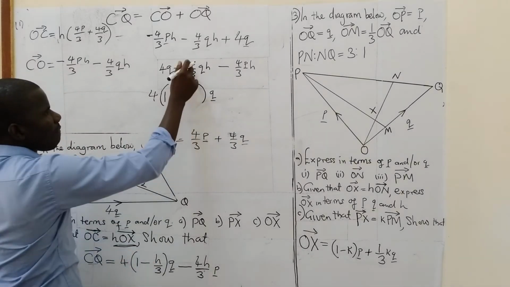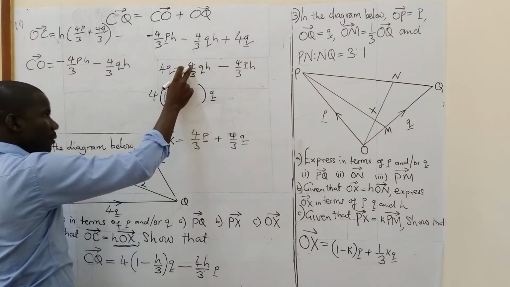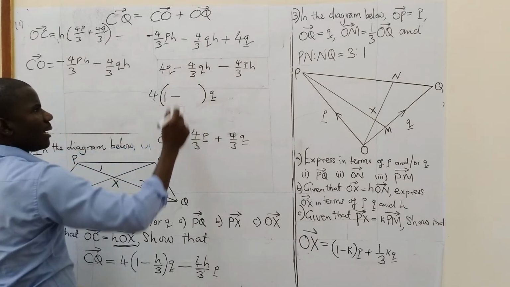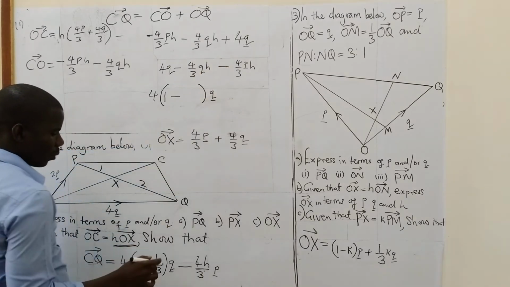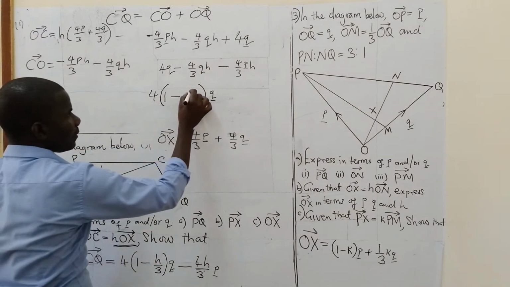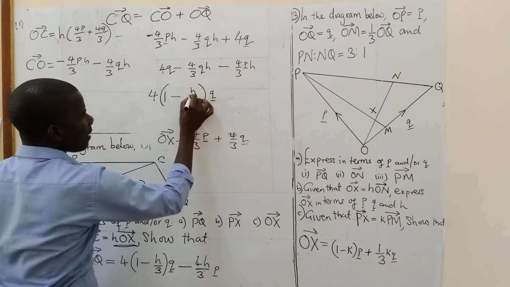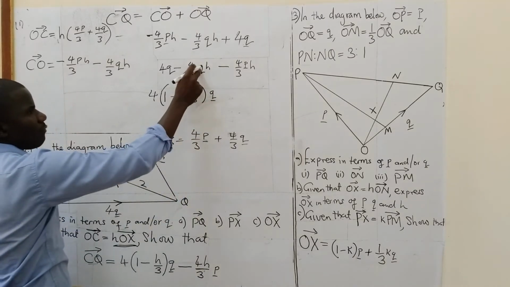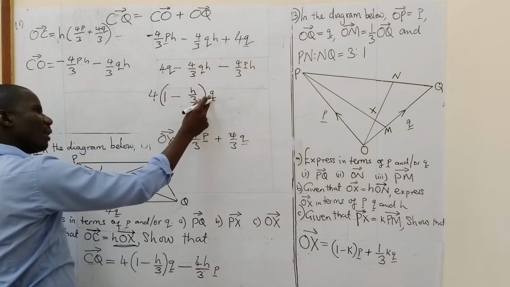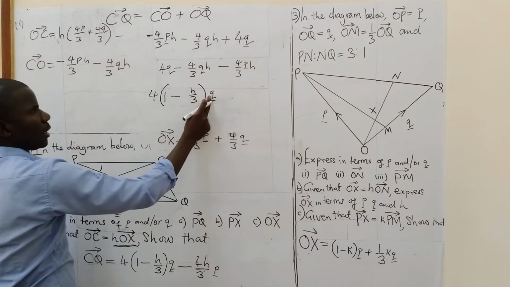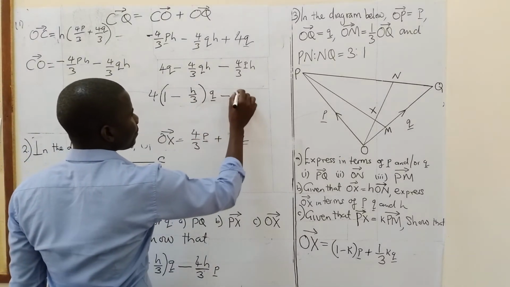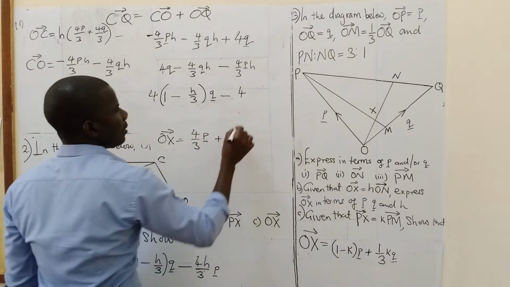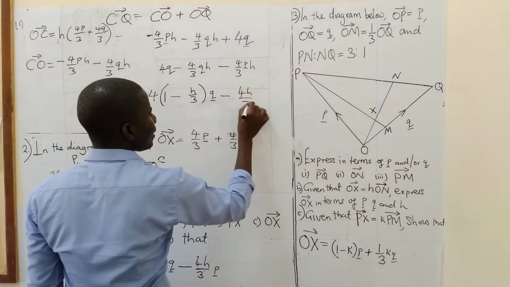Minus, the 4 is no longer there. Okay? The 4 is no longer there. That is why we have an h here. That is why we have what? h at this point, over 3. Take note that we have got q here. Where is q? q is outside. Okay? q is outside. Then minus what? Minus 4h over 3